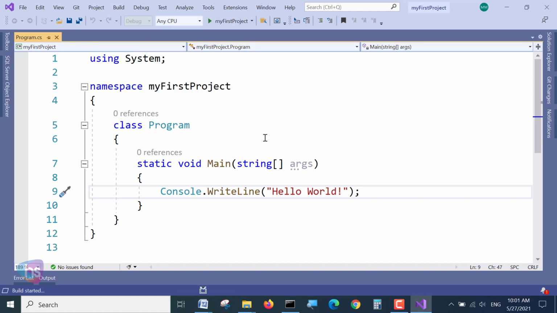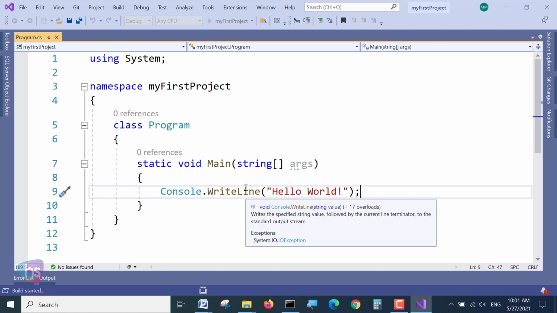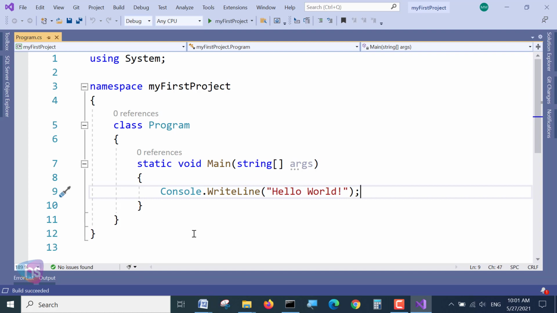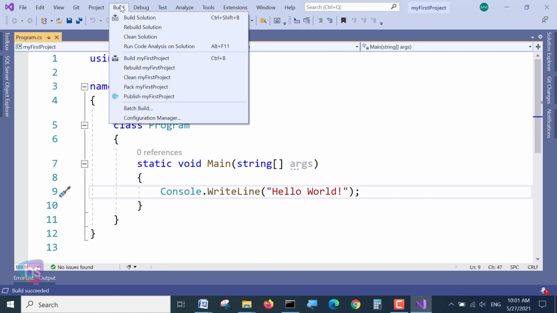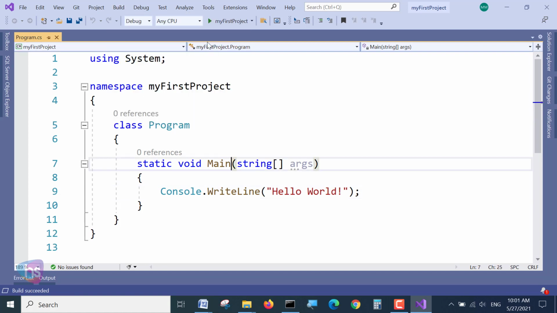See, Build Solution. The build has started. In the bottom left, you can observe here, the build is started. As a beginning on a new system, it will take a few seconds. The first time, build always takes some time. Later it will complete very quickly. See, the build succeeded.